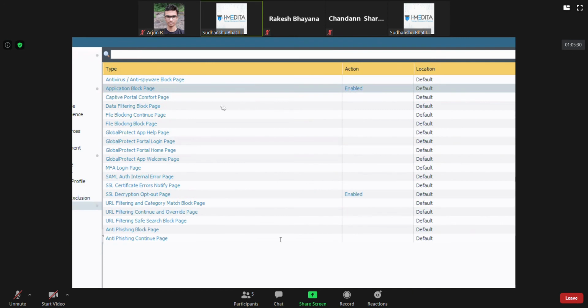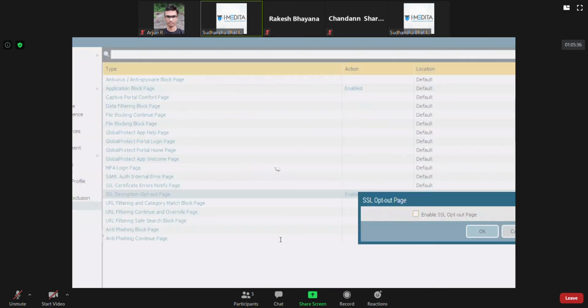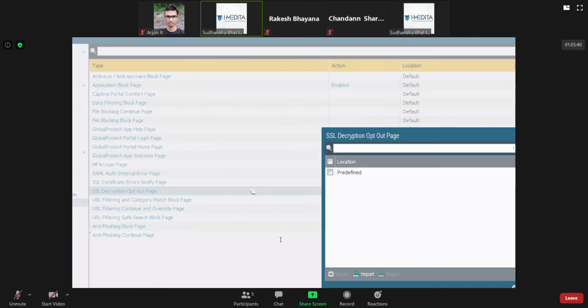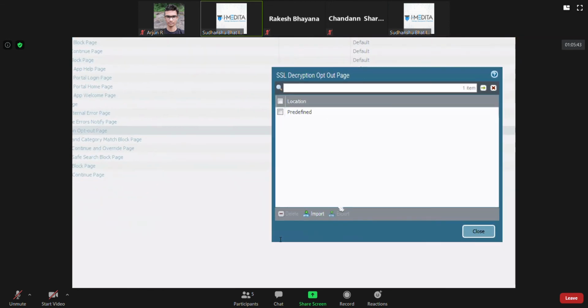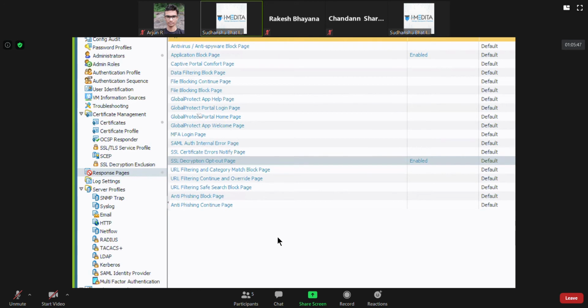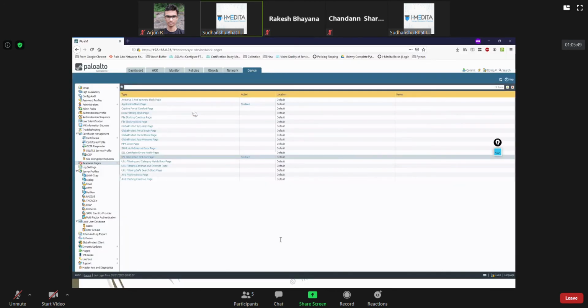Not required for SSL decryption. I'm just enabling everything because the rest of it is enabled by default. You just have to click on this and check this checkbox. Also, you can modify, import and export this, make it a more refined HTML page if you want.